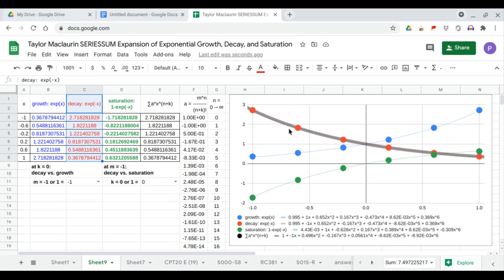So the black one is on the red datasets. This completes the use of Taylor-Maclaurin series sum to approximate the growth, the decay, and the saturation. All these are exponential growth, exponential decay, and